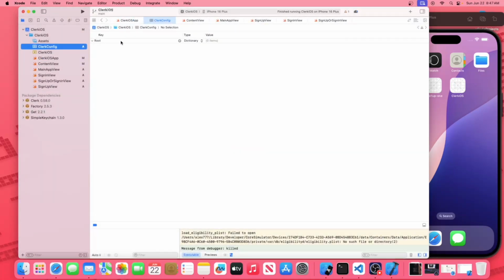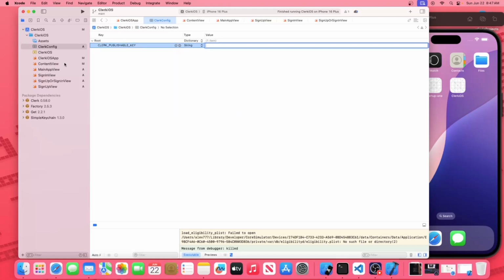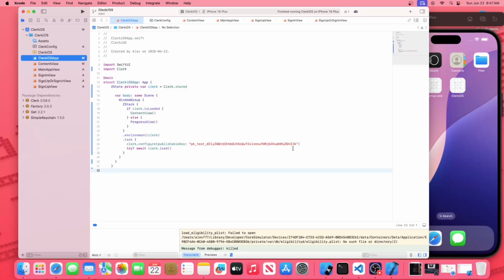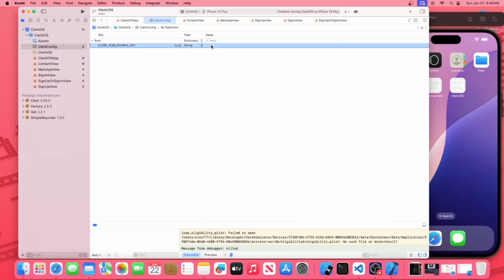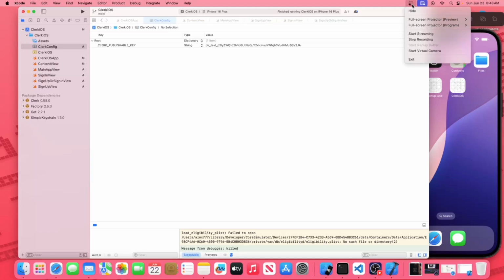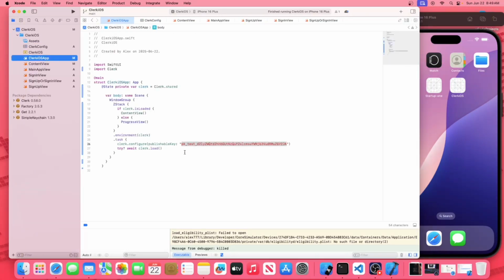Go to this plist, click on the add, and we say Clerk publishable key, and we get the value, which is